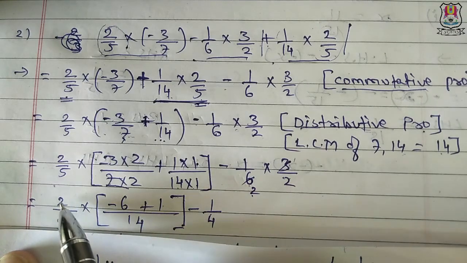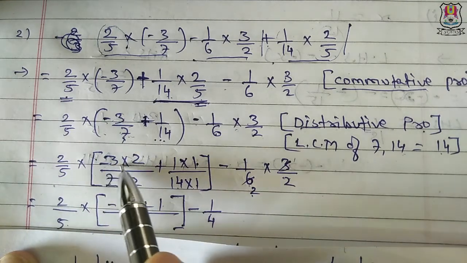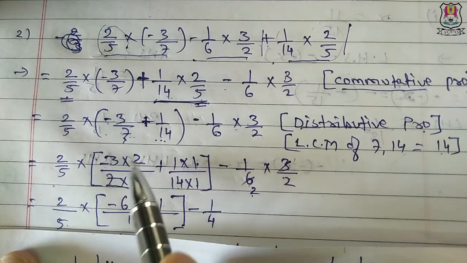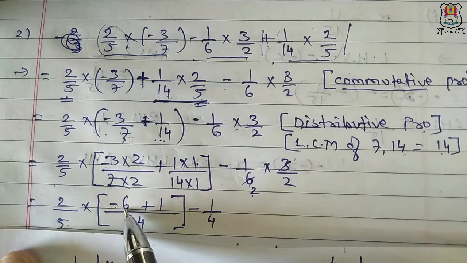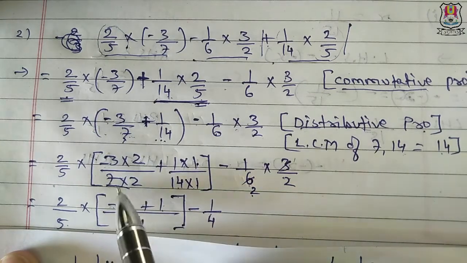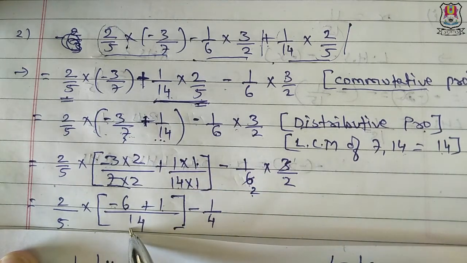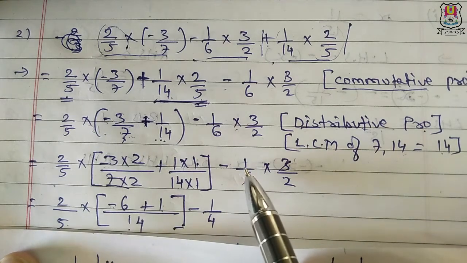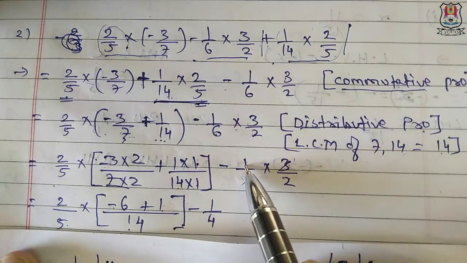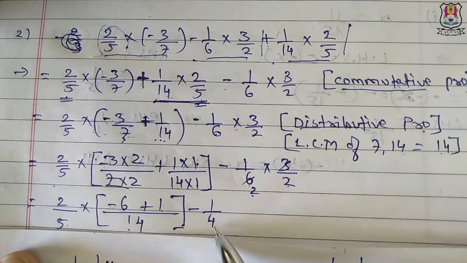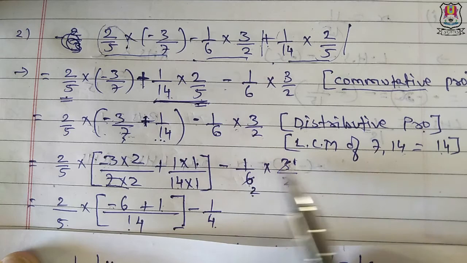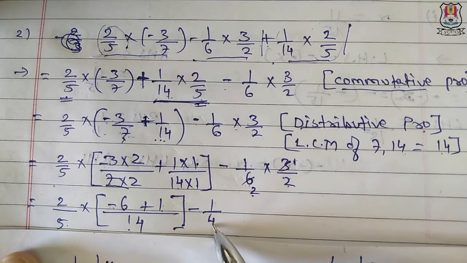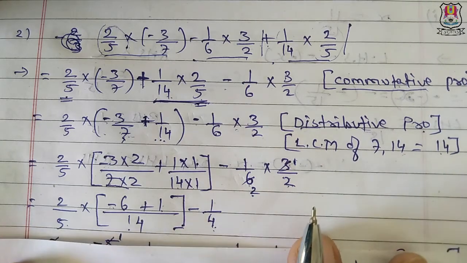Okay. So next step, 2 upon 5 minus 3 upon 2 will become 6. Minus multiplied by plus is minus. So minus 6, and 1 multiplied by 1 is 1, and this 14 is common over here. We have written it common, and now see, minus 1, 2 multiplied by 2 becomes 4. Minus 1 multiplied by 1, 1 is over here. So minus 1 multiplied by 1 is minus 1. So minus 1 upon 4. This 2 multiplied by 2 becomes 4. So this is our next step.